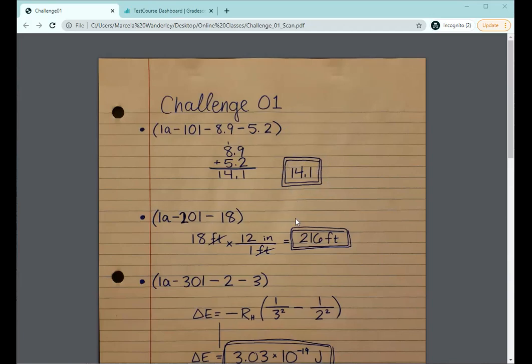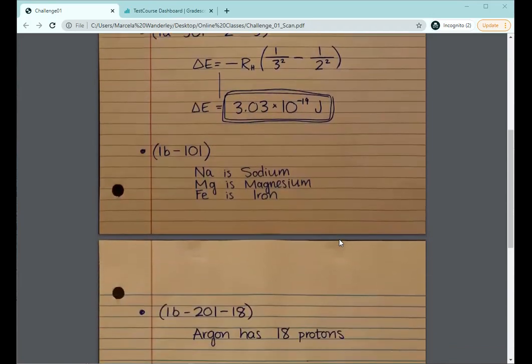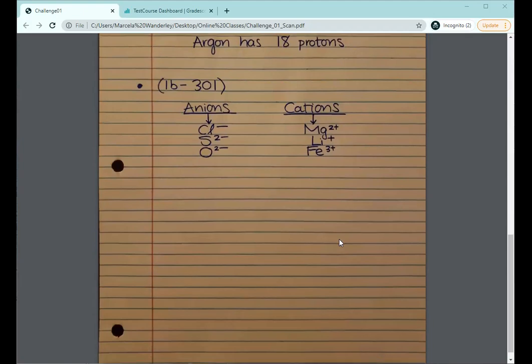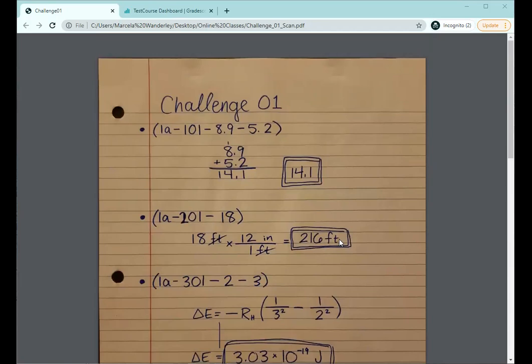Here, I've done that by putting a very obvious box around my answers. You can see here that after I finished the work, I scanned it using my cell phone into a single PDF document. If you do not know how to do this, there is a link to a how-to file in the notes of this video. Please make sure that you explore the available options for Android or iOS and come to me in advance if you have any trouble. I highly recommend trying out the scanning feature ahead of the challenge so that I can help you out with any problems that come up.